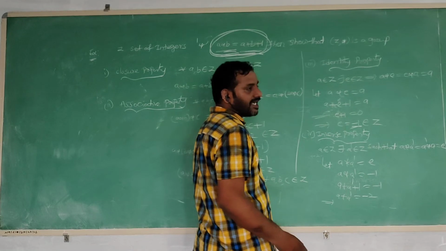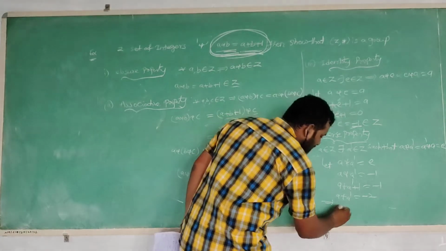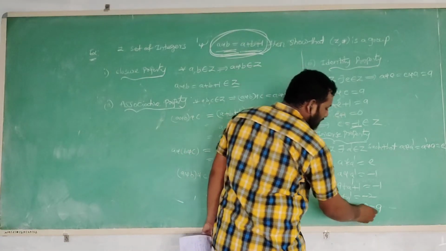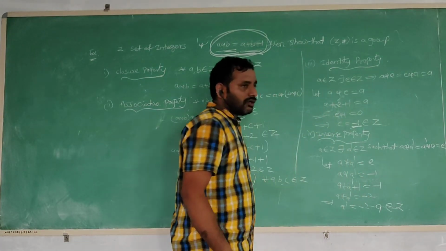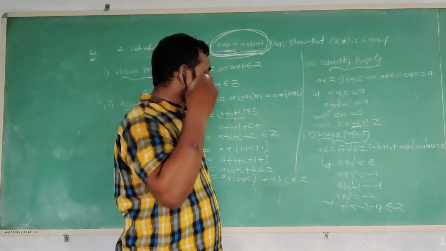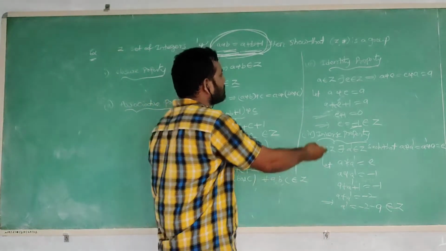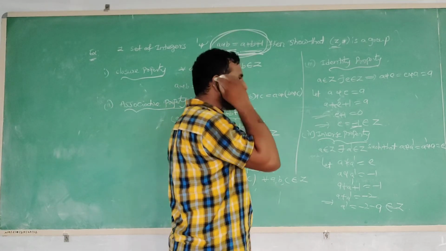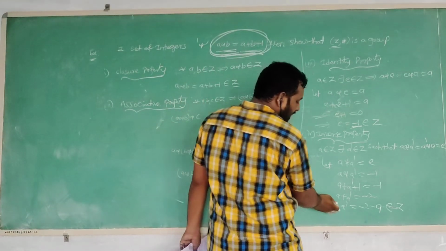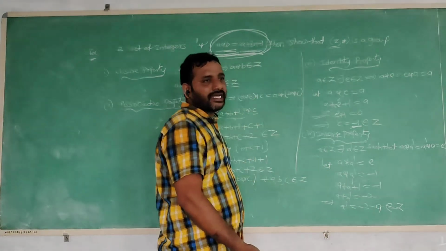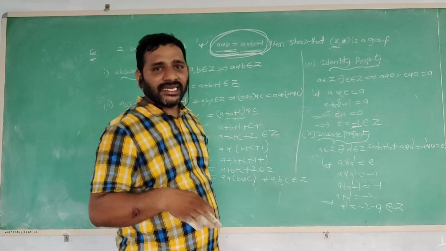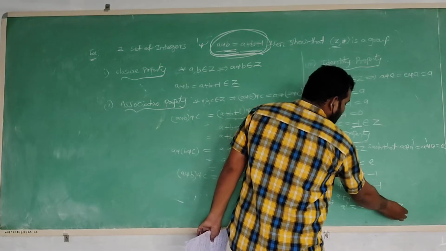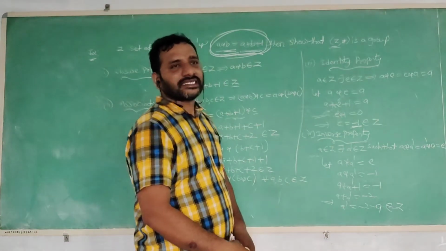Now A plus A dash equals A dash is the inverse of A. That's why A dash equals minus 2 minus A. Minus 2 minus A also belongs to Z. Now we can take any element. Suppose A equals 1. Minus 2 minus 1 is minus 3, which also belongs to Z. Therefore, we can say that the inverse of A dash equals minus 2 minus A. Therefore, the inverse element exists in Z. That's why we can say that Z satisfies the inverse property with respect to the operation star.